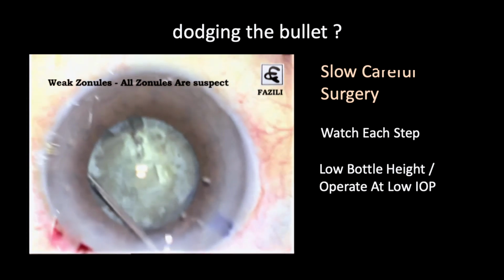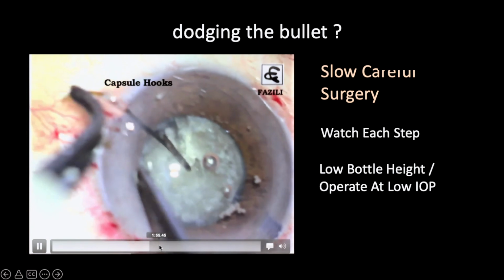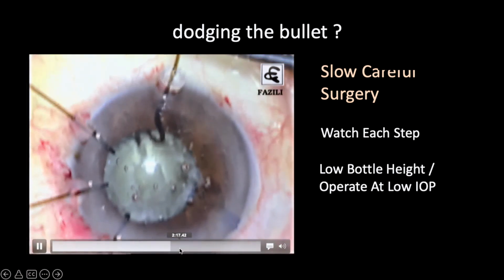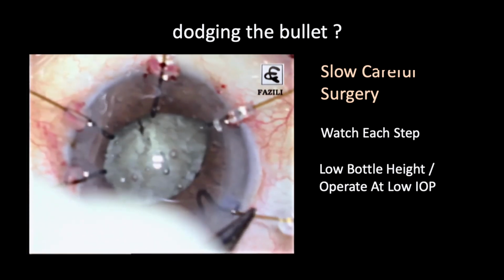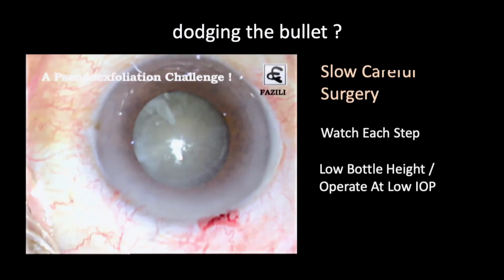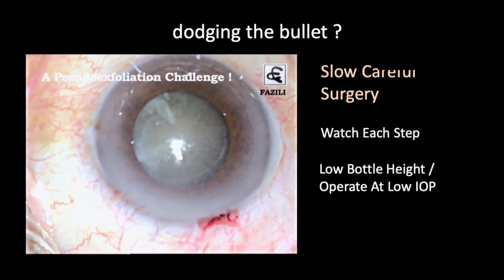So I go ahead and put capsular hooks here, 1, 2, 3. Then I think that most probably if these zonules are weak, most probably the other zonules will also be weak. So I go ahead and, anyway,